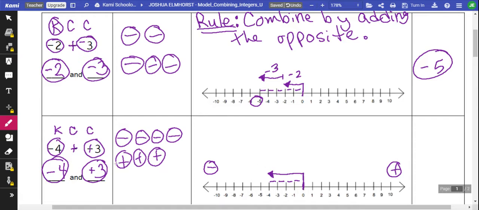So now we're going to turn around and then we're going to go plus, plus, plus. We're going to go +3. And this was -4. So we went to -4, then we turned around, and then we went in the positive direction 3 spots, and then we ended up right